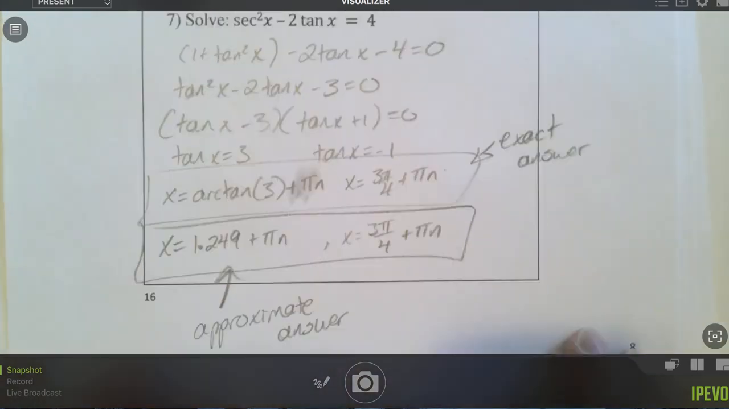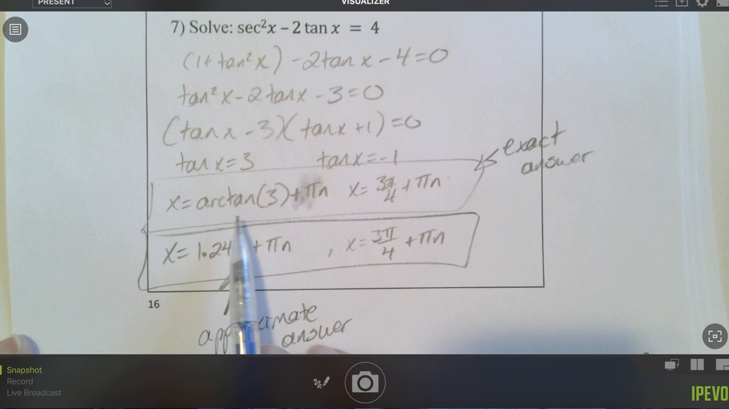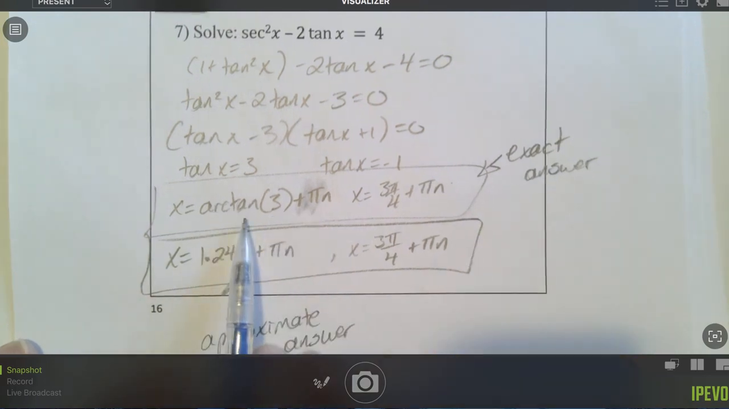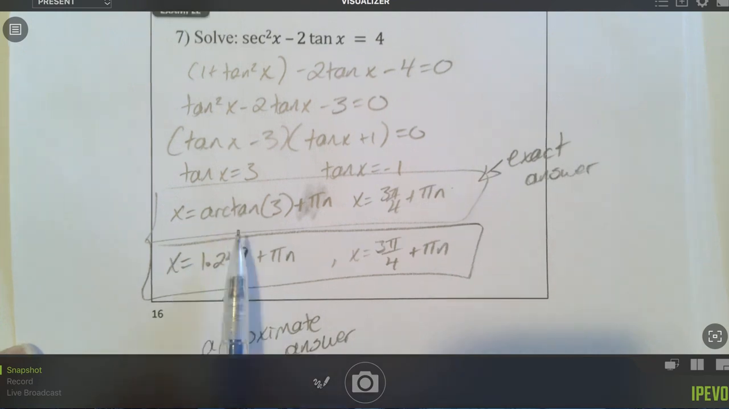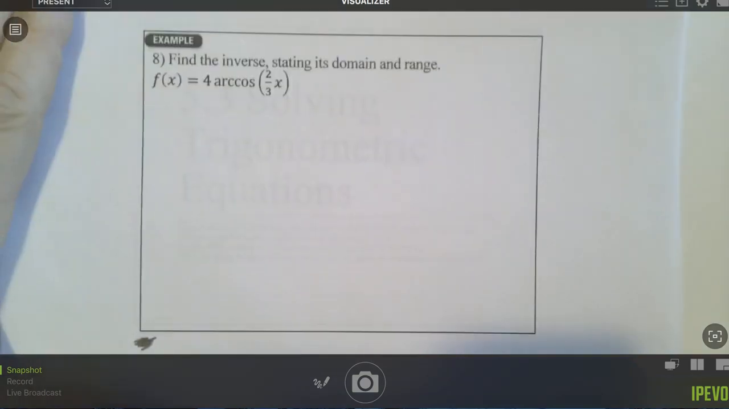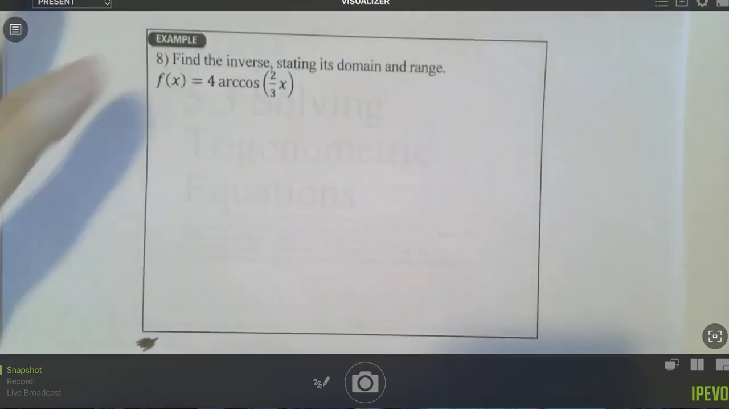So the whole point of this particular example is just that sometimes if they want the exact answer, you can't really get rid of the trig function. You just have to write it in terms of the inverse trig function and say the arctangent of 3 plus pi n. Okay, so for our last example here, we want to find the inverse of this arc cosine function